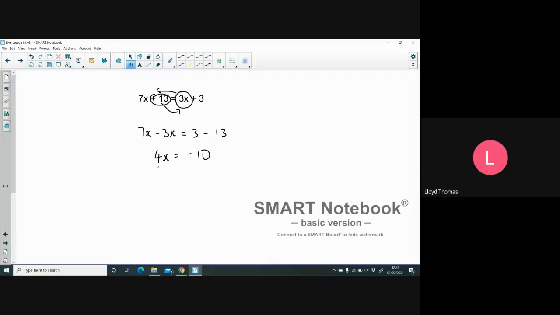So if I want to work out what x is, again, I need to move this 4 over to the other side, and that's going to become a divide. So I have this sum to do, -10 divided by 4. Now, not easy for 2 reasons. Number 1, it's going to be a decimal answer. 4 doesn't go in exactly. And number 2, we have to deal with some negatives. Oh, Nia on fire again. Excellent. The answer to this one is